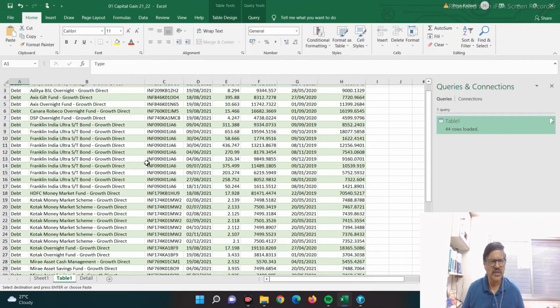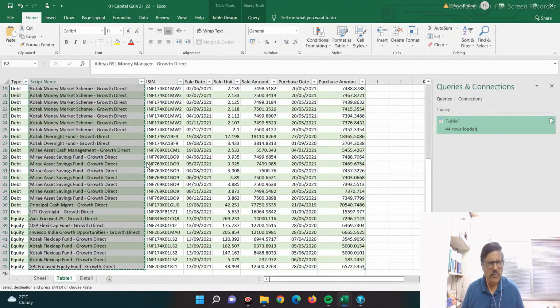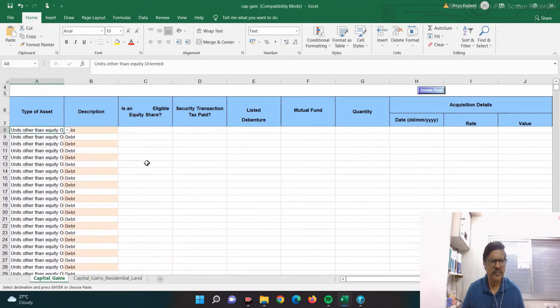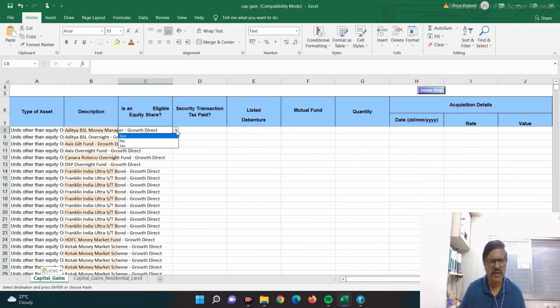And in description I will put script name, copy, and I'll paste here. Is a eligible equity? I'll say yes. Security transaction paid? Yes. Listed debenture? I'll say no. Mutual fund? I will say yes. Here I'll say not applicable, and I'll copy